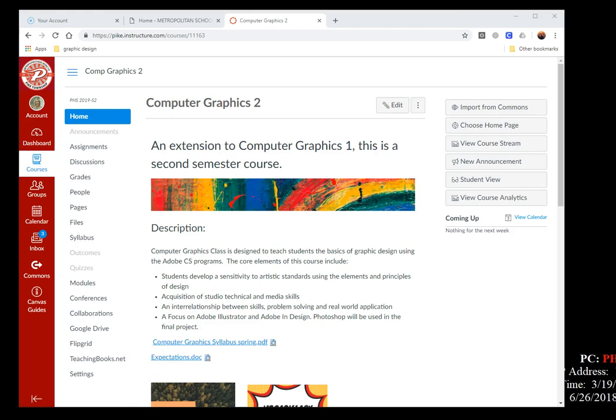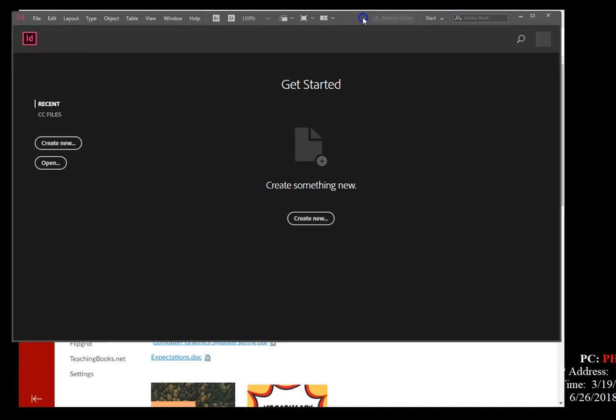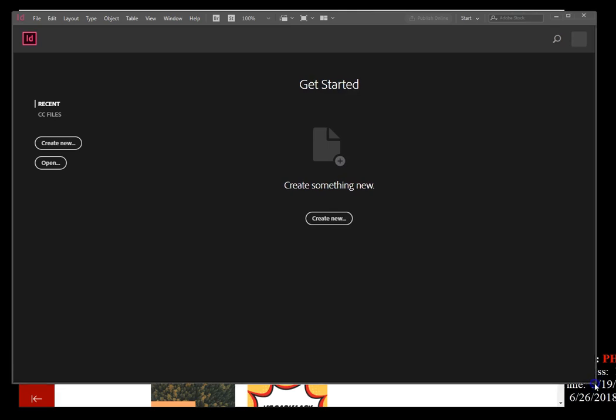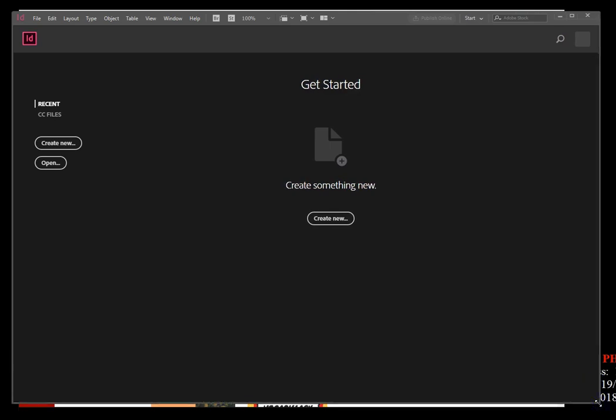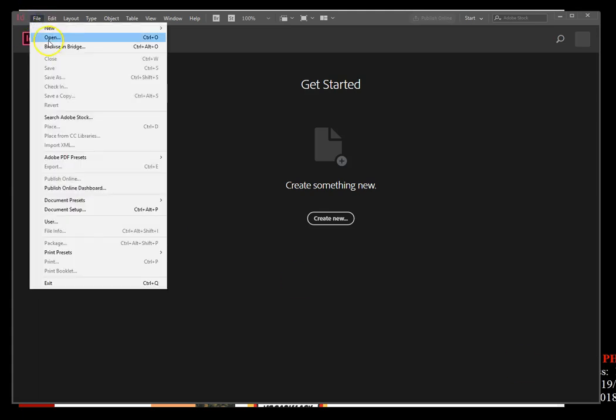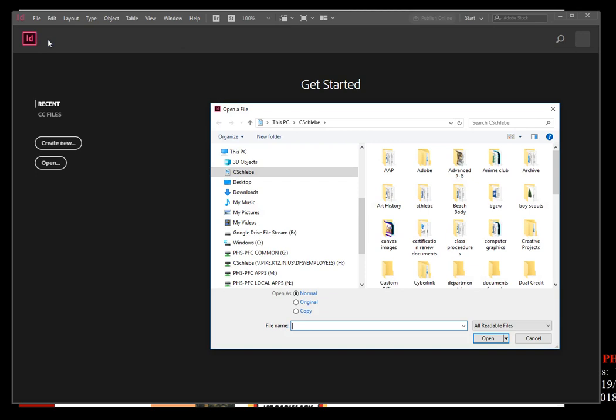It'll take just a second to load up. Mine's loaded on the other screen. I'll drag it over so you guys can see what I'm doing here. It says click File on the menu bar and click Open. So we're going to go to File and we're going to go to Open. Navigate to the drive where your Chapter 1 data files are stored. Instead of doing this, we're going to open up